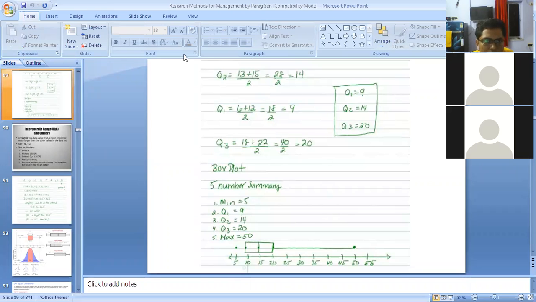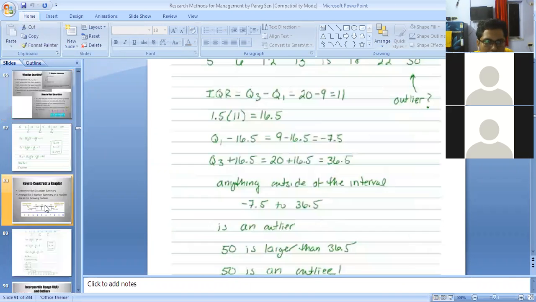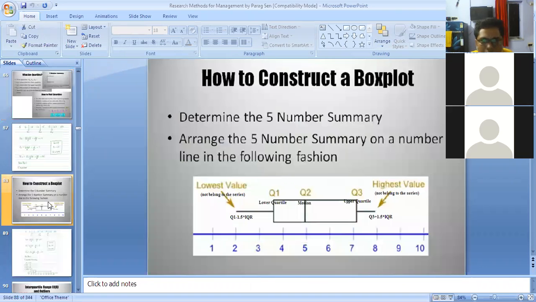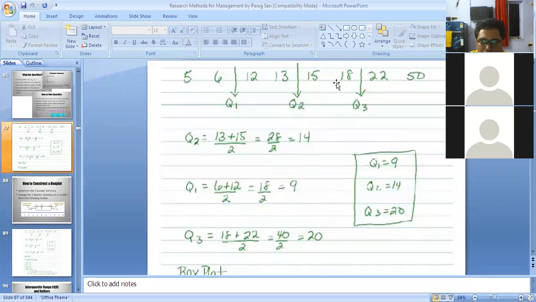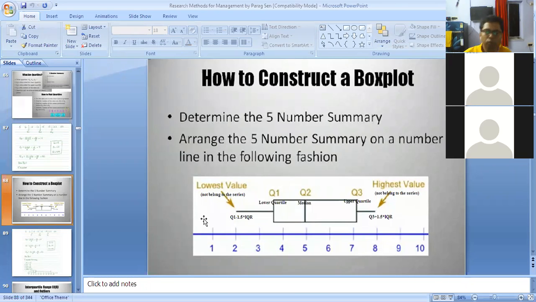Now it is less than 1 minute, so again we can join. From this box plot, you can also see how your data is distributed. You can easily calculate the mean value of 5, 6, 12, 13, 15, 18, 22, and 50. You can check the mean value. Suppose this value is less than your median, then you can see that